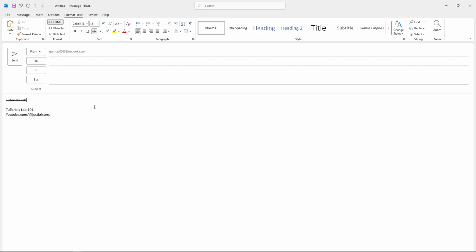within your emails. And that's it. You've successfully applied strike-through formatting to text in Microsoft Outlook, giving you another tool to communicate more effectively and clearly in your professional